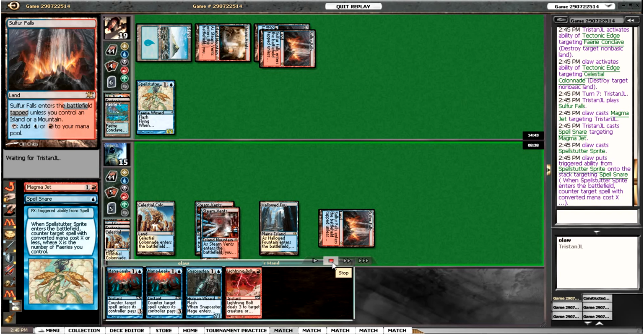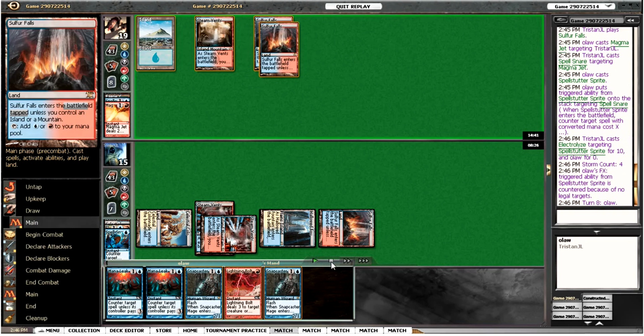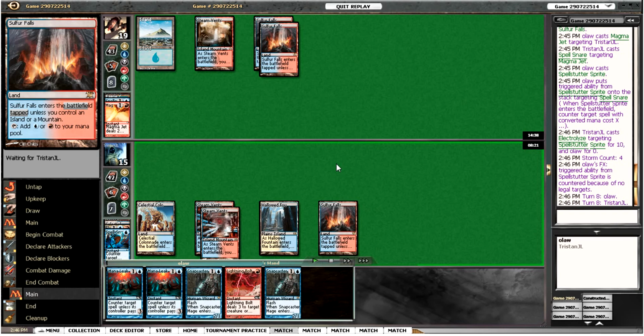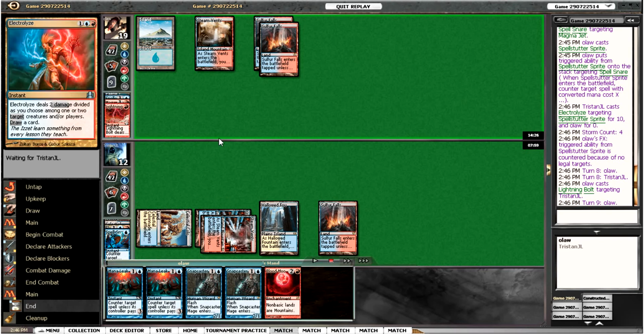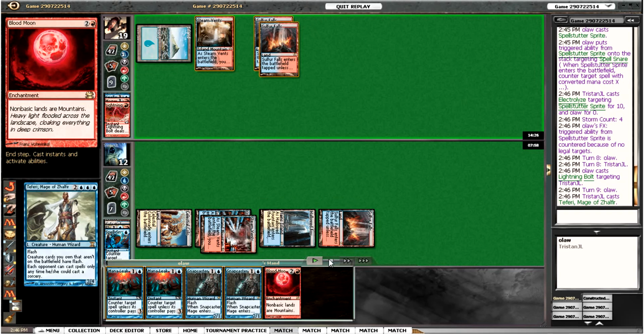Trying to use Magma Jet. He goes for a Spell Snare, so I'm going to use one of my Spellstutters. Fortunately, using Electrolyze to kill the Spellstutter means its ability, which counts the number of Faeries you have in play, then doesn't work out. So I was kind of on the losing end of that one. It's a bit of a back and forth going on. Just had to bolt him there, knock him down a bit on life, and then he goes for a Teferi,